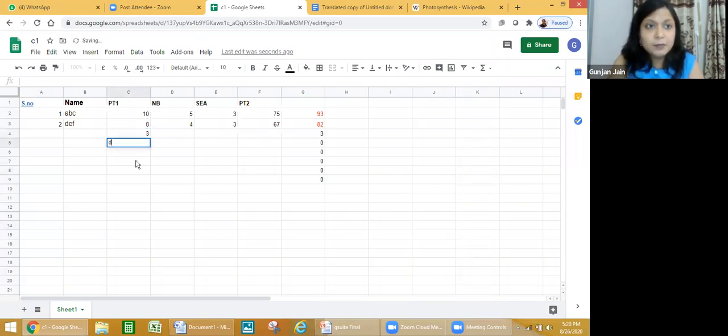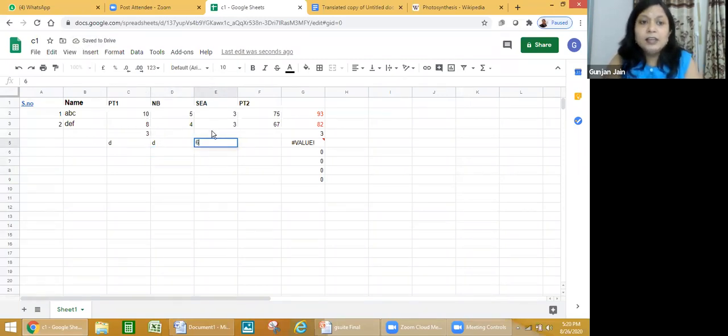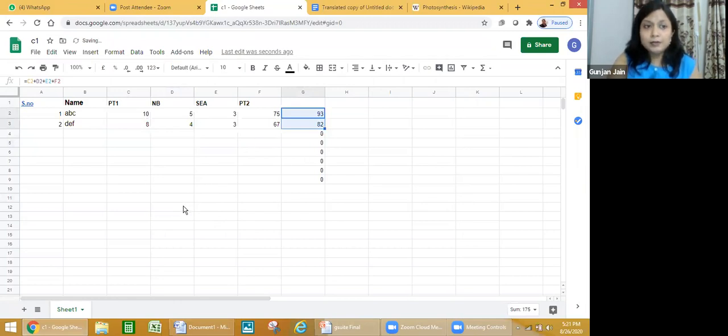When I start typing, you can see saving is there. Can you see the saving part over here? So as soon as I do something, it saves itself. So I'm not bothered to save anything. Whatever I will do, it will be saved automatically. Though I can undo the things whenever it is required.